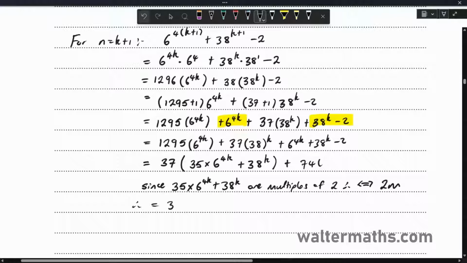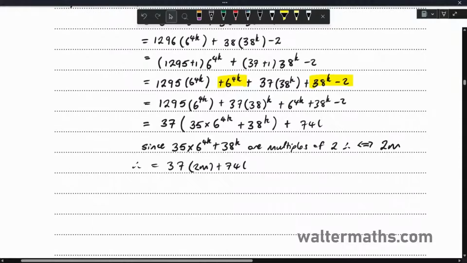Therefore we'll be having 37 of 2m plus 74L basically. So that means we have 74m plus 74L, which is 74 of m plus L. Okay, so therefore it makes them divisible by 74,